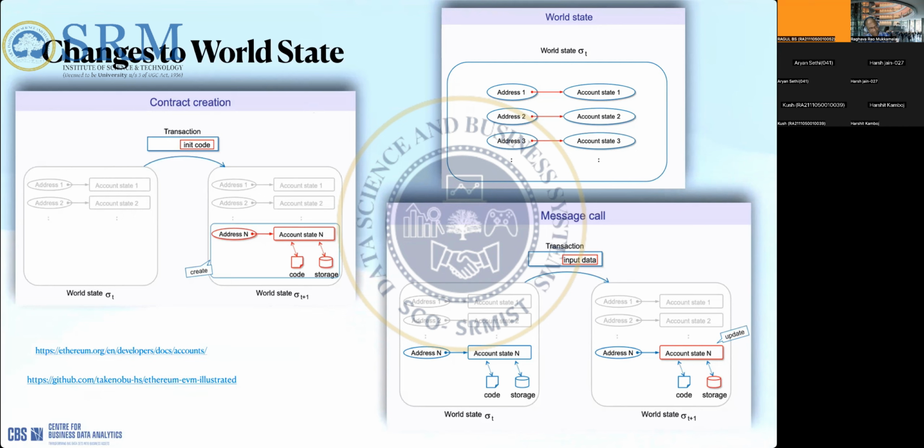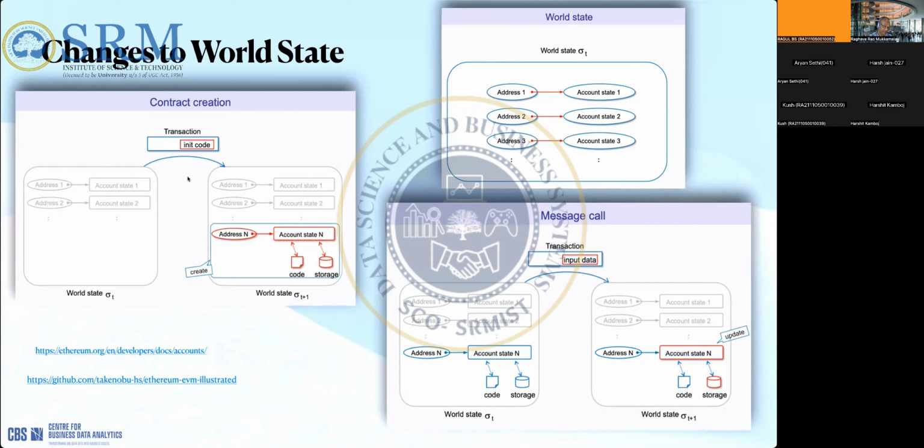Now we are in the creation phase. Let's say that the world state is at sigma t. That is the current world state. Now I created a smart contract and deployed it on the network. Remember, this is a gas-spending transaction, because you need to pay for deploying the contract to the network. If you look into the state, we have all the accounts and their balances and all other information. So this is the current state.